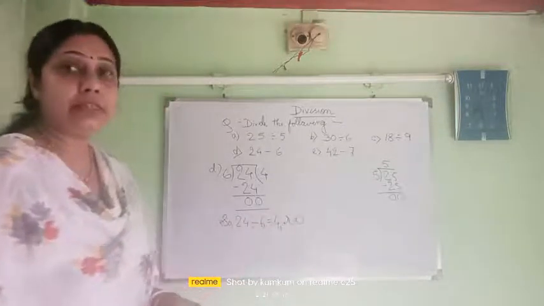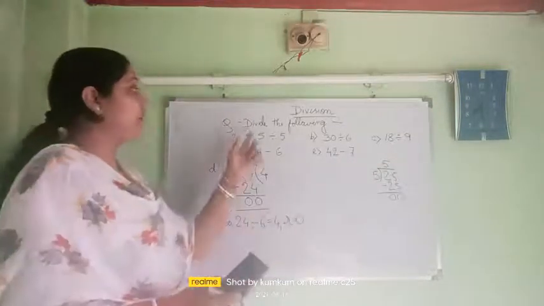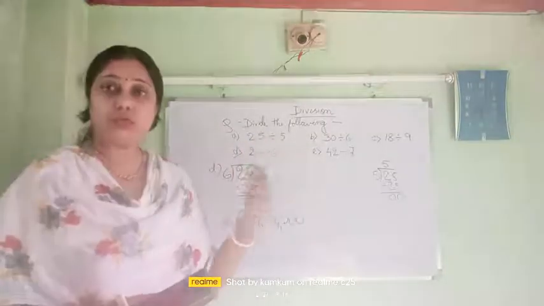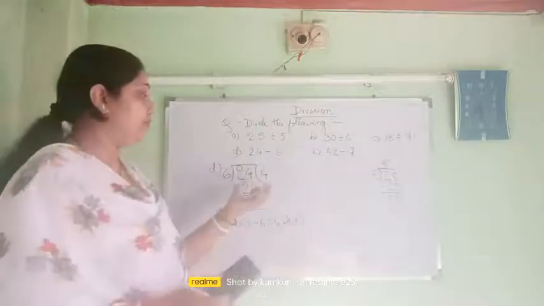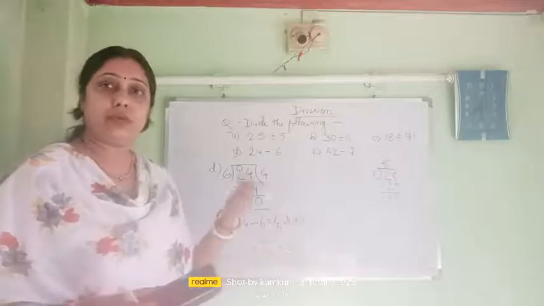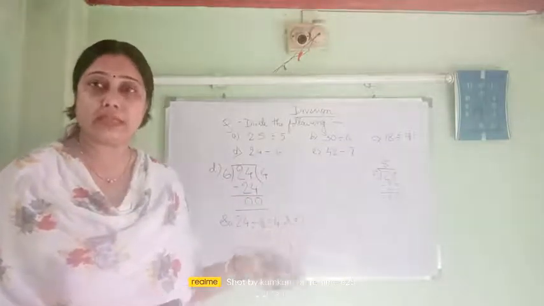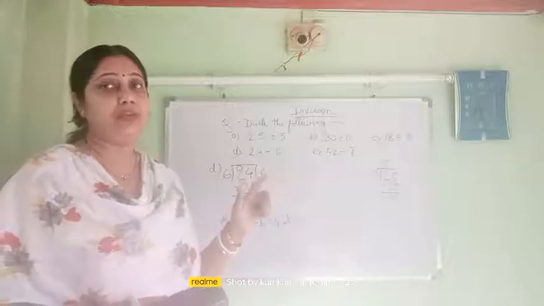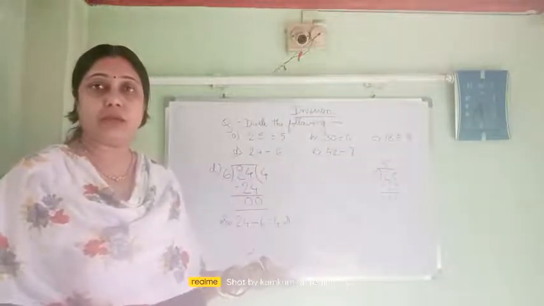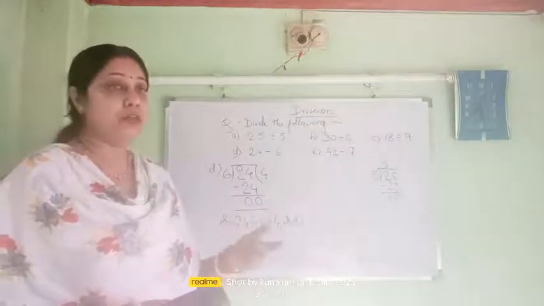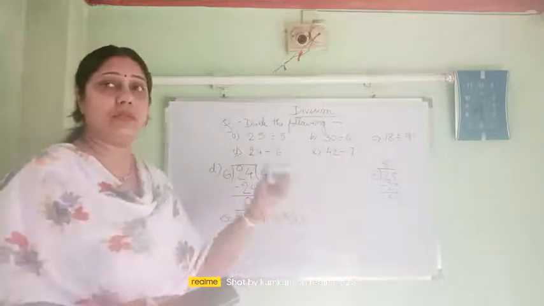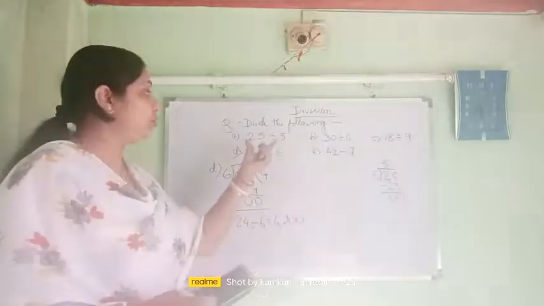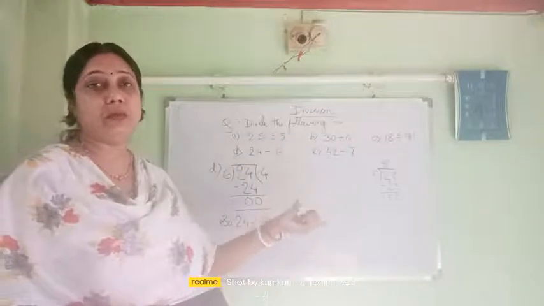So what I am telling children, whenever the question says divide the following or show the process of division, you have to do it in this process. You can understand by the marking scheme also. These questions will come for at least 2 marks, and fill in the blanks always comes for 1 mark or half mark. So whenever the marks increase, you have to show the process. Don't do it directly, otherwise you will lose marks.